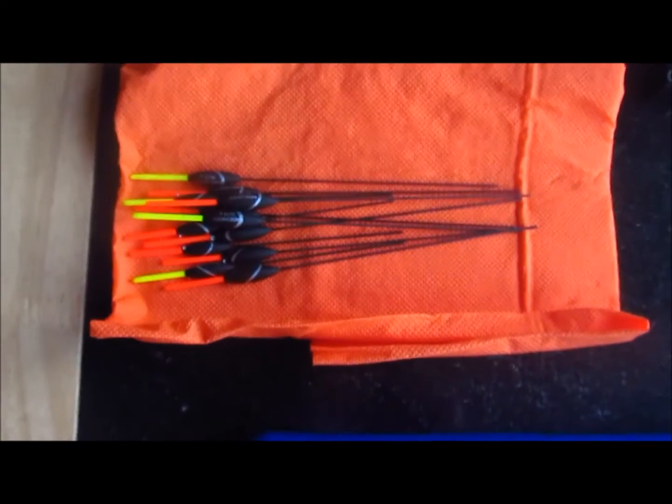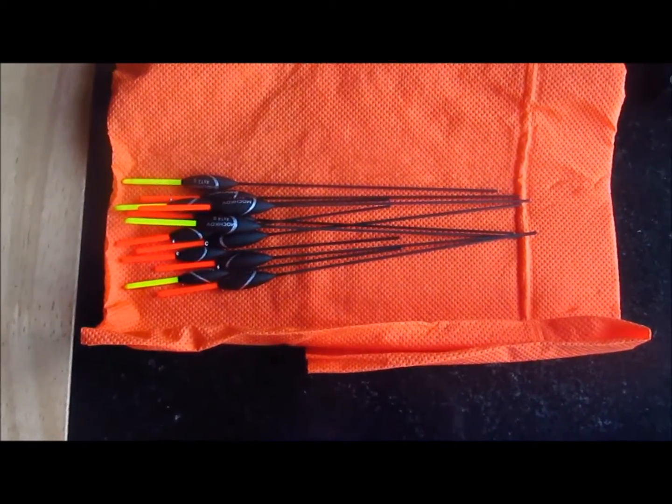Right, today what we're going to do is make up a couple of pole rigs. There's a few things that I'm going to use for these. So, pole floats of various sizes,